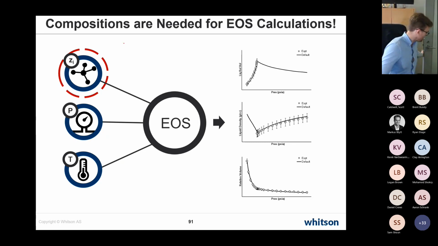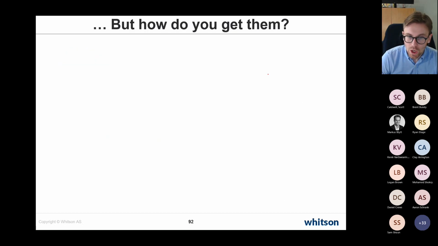And in general, that's something we need to estimate with readily available data. Okay, so we have pressure, temperature, and composition. Once we have all this combined together, we can predict the phase and volumetric behavior. So, you know, if